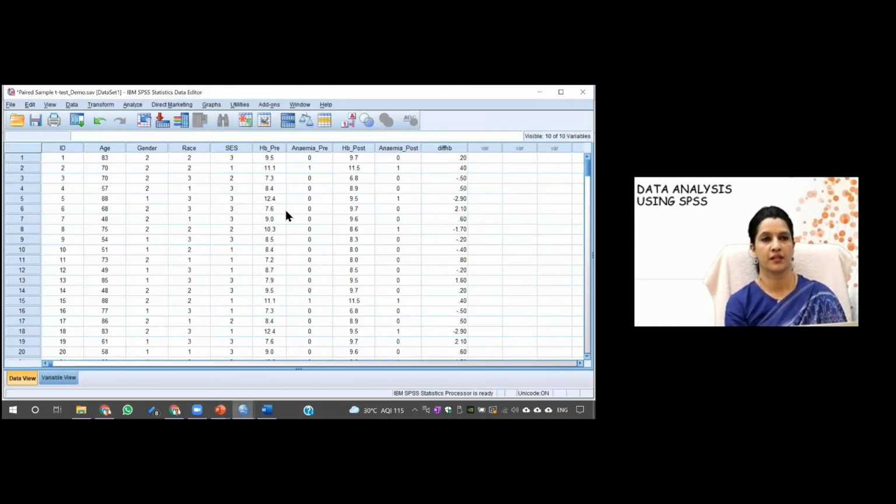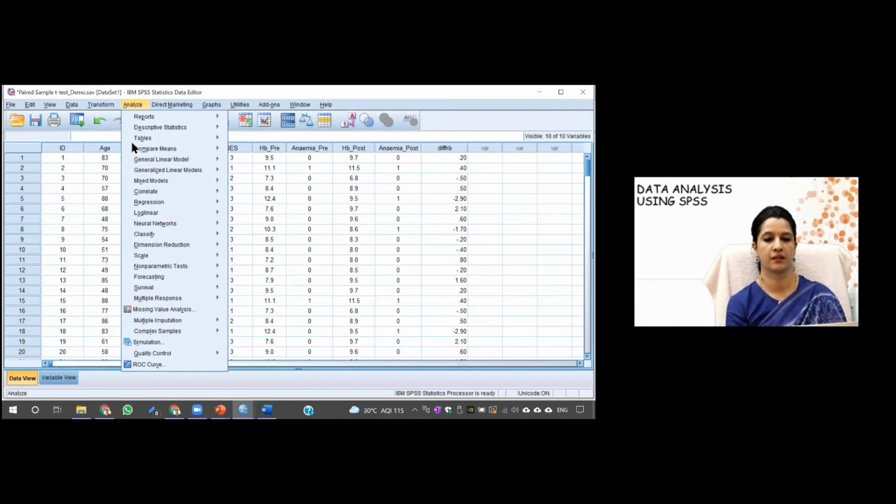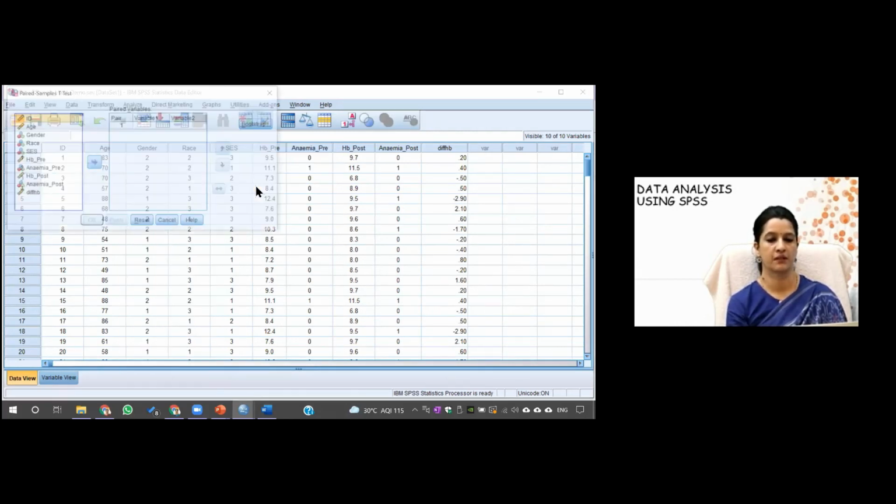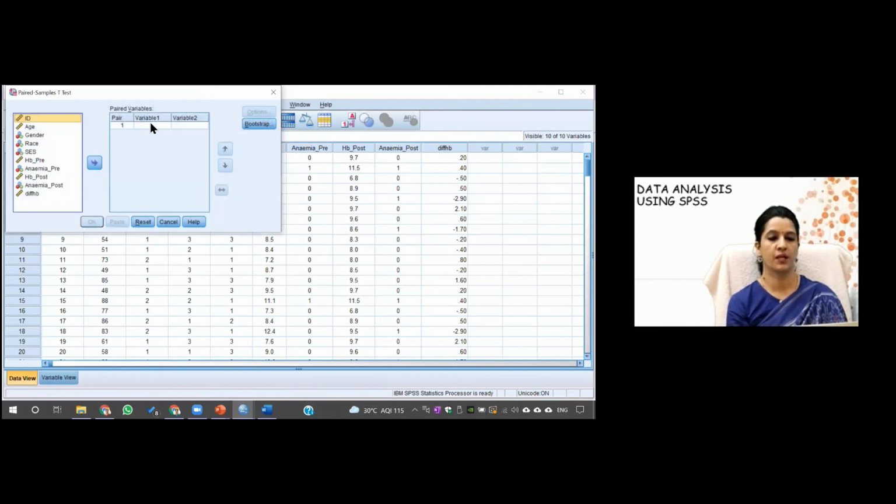So yes, we are back. So I have to go to the analyze, then compare means. And here you can see the option of paired sample t-test. If you click this, you can see there are two variables. So there are two pairs.